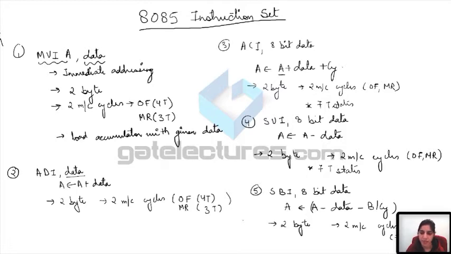Then we have SBI, which is subtract with borrow immediate. Here along with the borrow or carry, data is going to be subtracted from accumulator and the result is going to be stored in the accumulator itself. All these are 2 byte long instructions having 7 T states, 2 machine cycles, one for opcode fetch and second for reading the data, memory read. Right. Next instruction that we can look at here is,